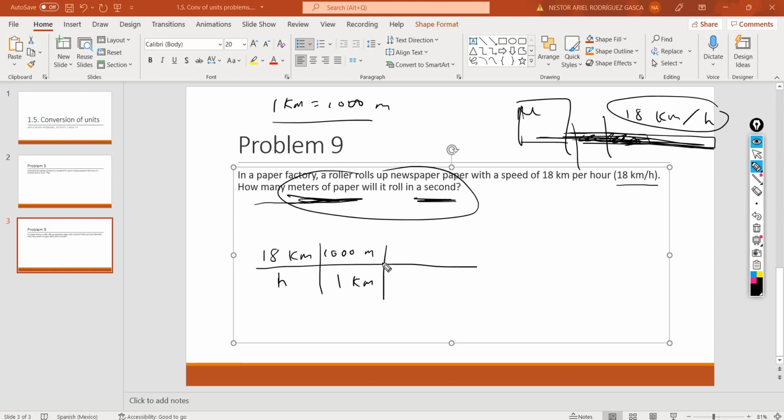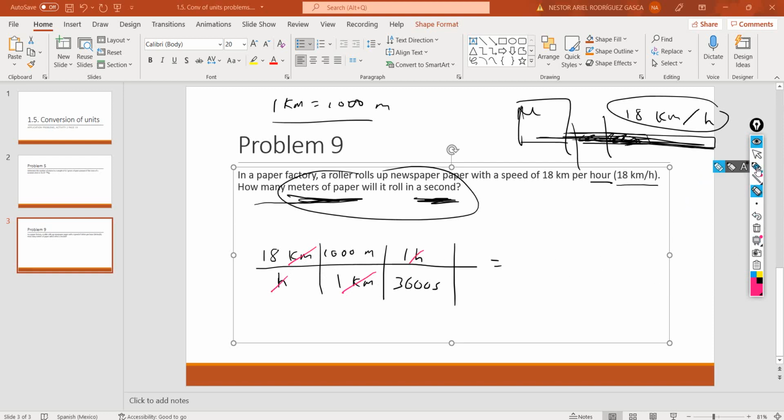And the other conversion factor should be between hours and seconds. And I know that 1 hour equals 3,600 seconds. And let's write this here on top. I need to write the hour here so that it cancels this one. Perfect. So that's it. I cancel the units that I wanted to cancel: kilometer, kilometer, hour, hour,